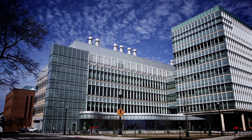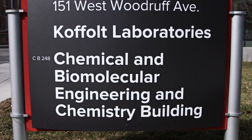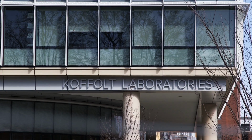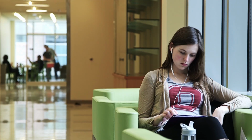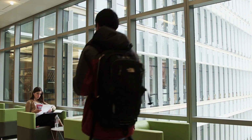The disciplines of chemistry and chemical and biomolecular engineering are very close. They have a solid basis in, of course, chemistry, mathematics, physics. Being in the same building actually fosters collaboration between faculty. Being able to have both me and my students talk to other professors and other students in different research groups in completely different areas, just being right down the hall gives you a new perspective on the work that you're